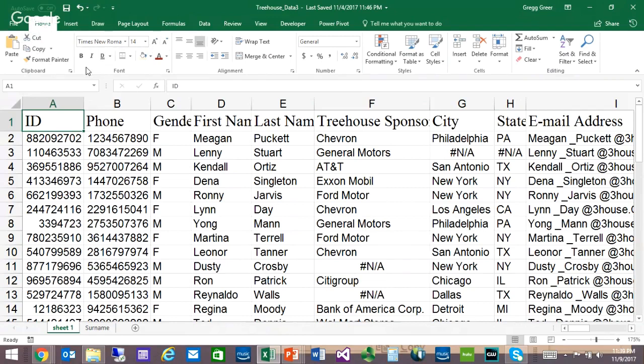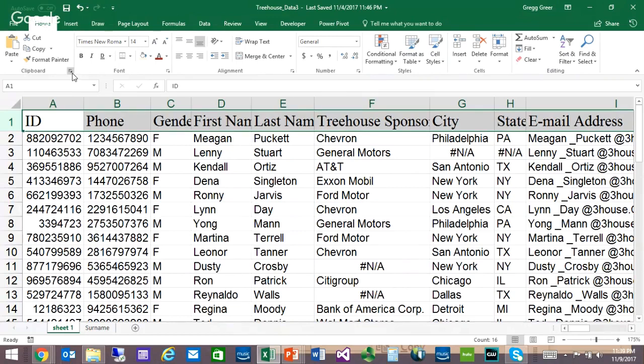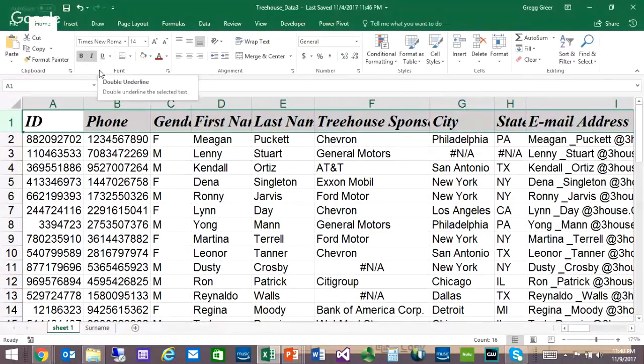Other things that you can do to the font here is you can use these increase and decrease size buttons to just change the size of the font if you're not sure exactly what point value you want. Obviously, you can bold things, you can italicize things, you can underline, or you can choose double underline. You can also set up